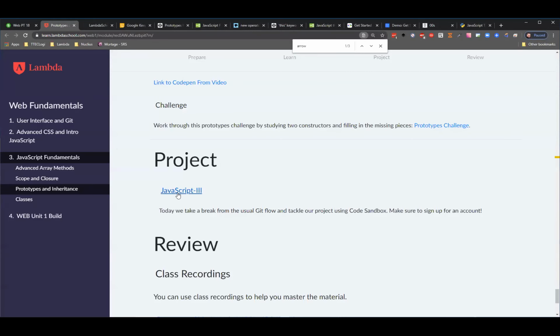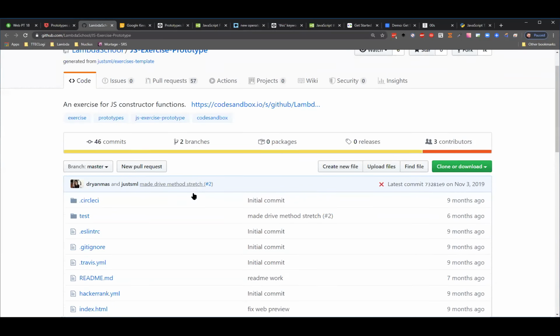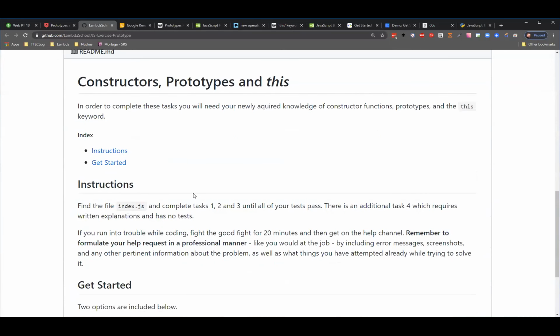Oh, look, it's called JavaScript 3. We'll have to get that fixed. All right, so